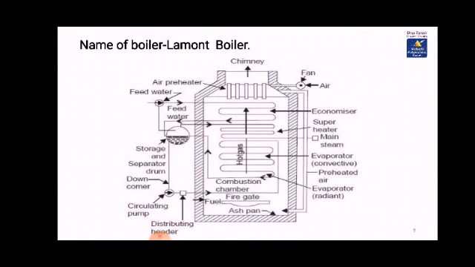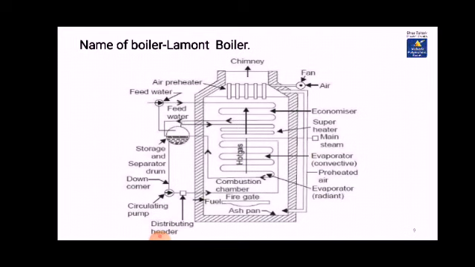Now there will be the feed water pump also, by which water will be fed. Now here it is a water tube boiler, that is, water flows inside the tubes and flue gases surround these tubes. After that there is also a preheater. A blower fan is used, and a chimney.